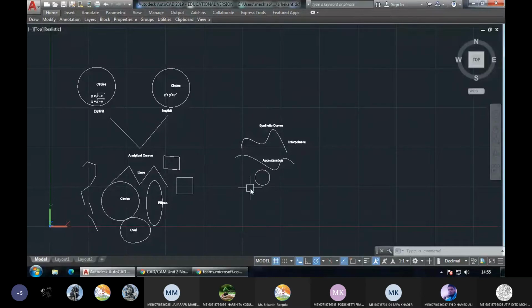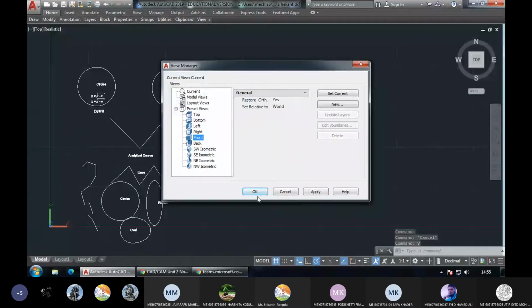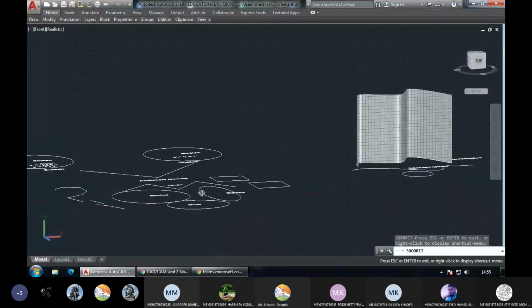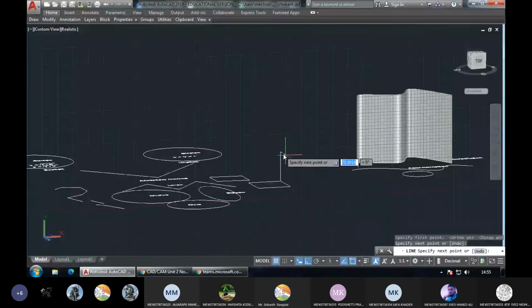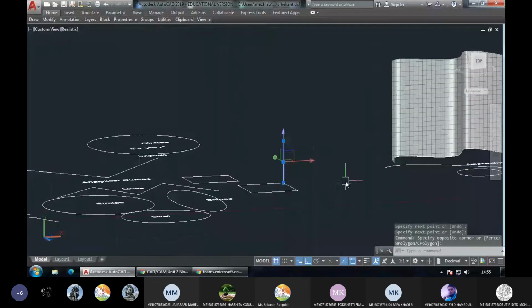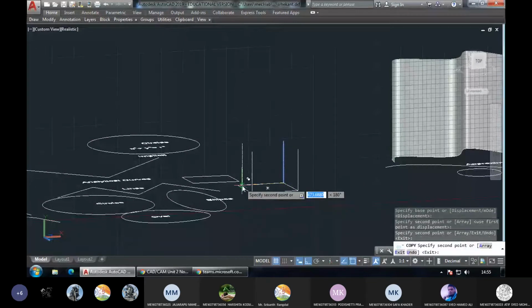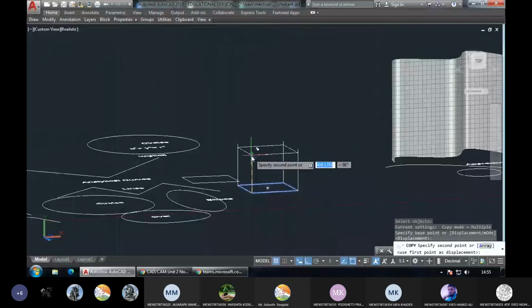For example, let me show you something. Front view, I'm showing it in front view. Then I will draw some lines. So this is a line here. I'll copy this line to all these points, and I'll copy this base to the top.